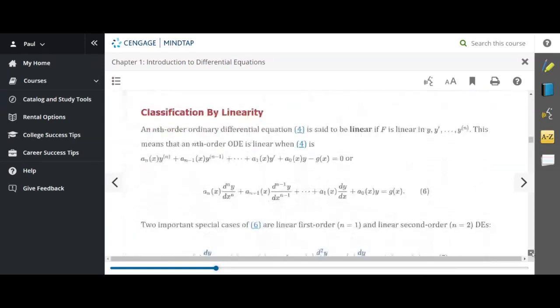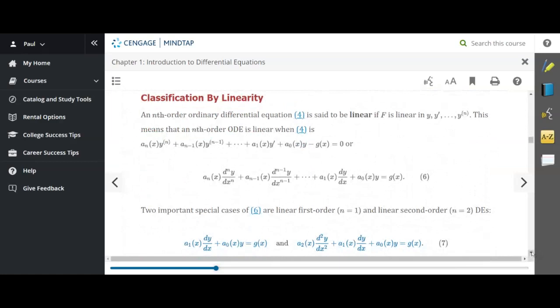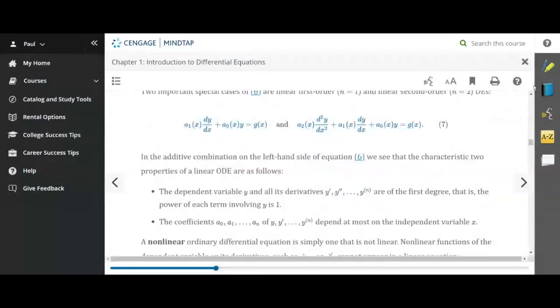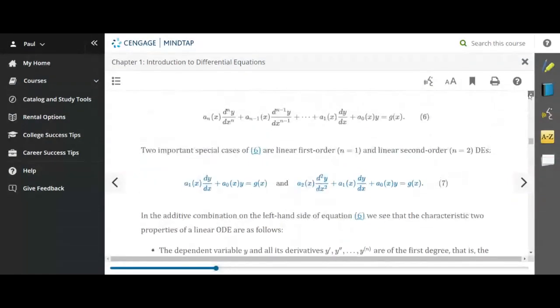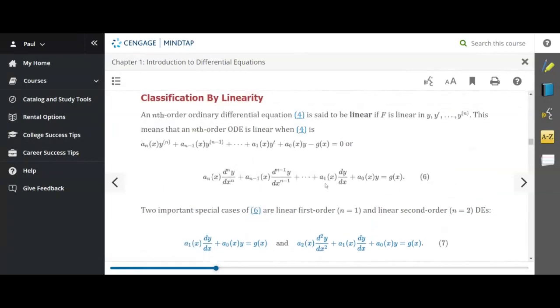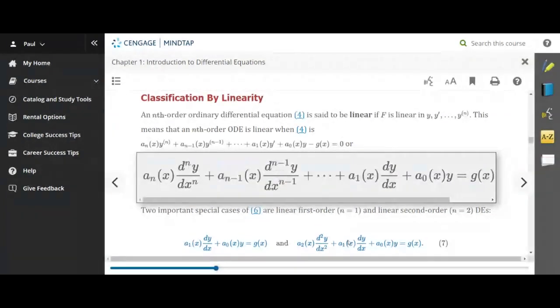Okay, now let's just see. I'm thinking about your homework, and the kind of things that you're going to see in your homework, and this is one of them. Okay, so a differential equation,